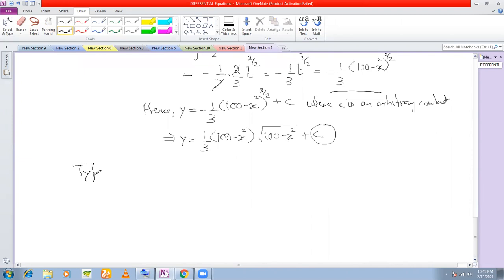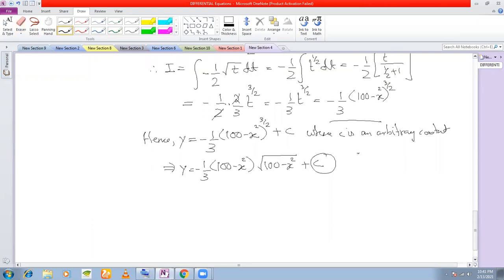Type 2 is of very similar type, which is dy/dx is equal to some function of y. Some function of y. Then what will happen? Example 1. Solve. Okay, I have not completed this sum. Sorry. There were certain other things also given. Now this is the general solution. This is called the general solution of the differential equation.